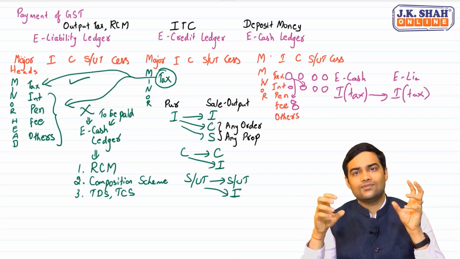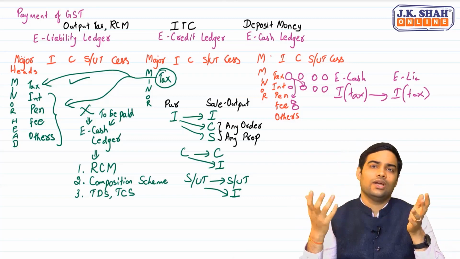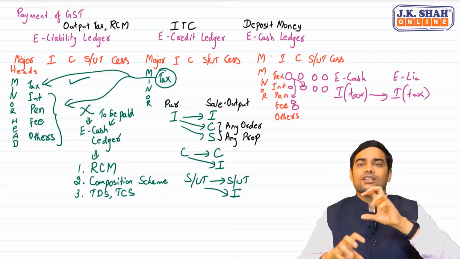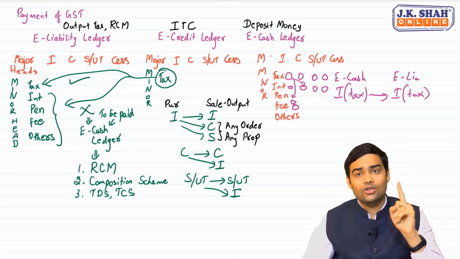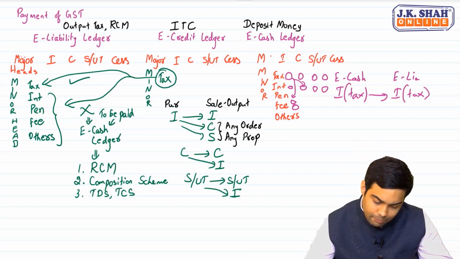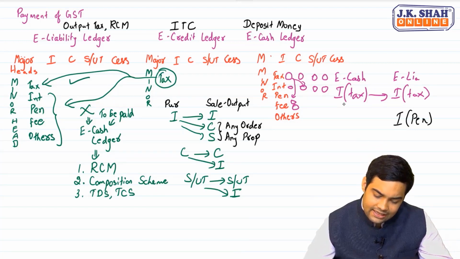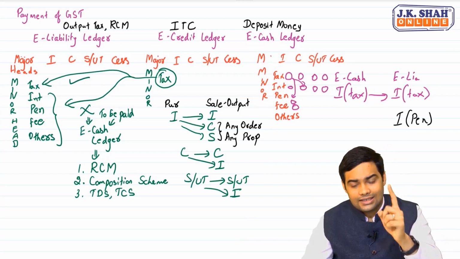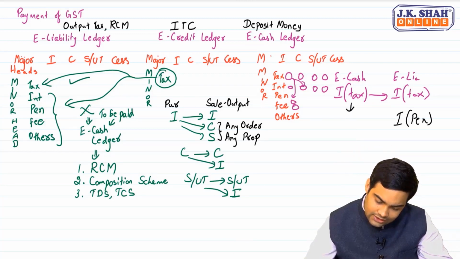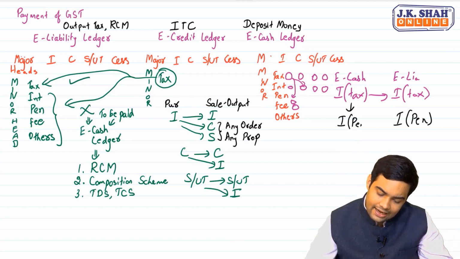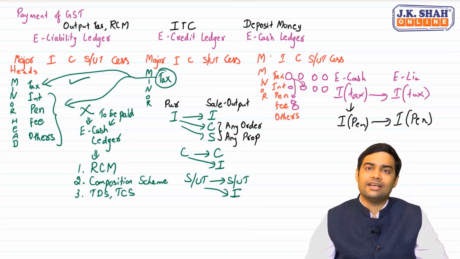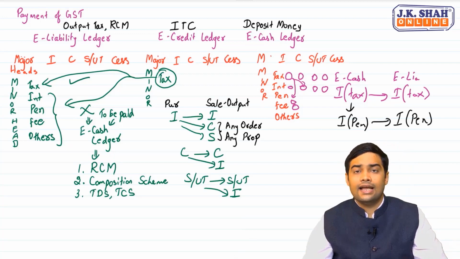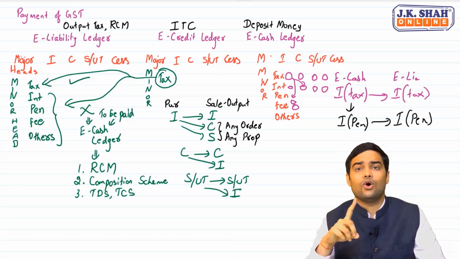So you can transfer money from I-tax to any other ledger and then you can use it to pay the same liability. But remember, even today, if you want to pay I-penalty and you have money lying in I-tax, first step will be to transfer this money to I-penalty and thereafter you can use it to pay I-penalty. Clear with this? Yes. Remember this always.